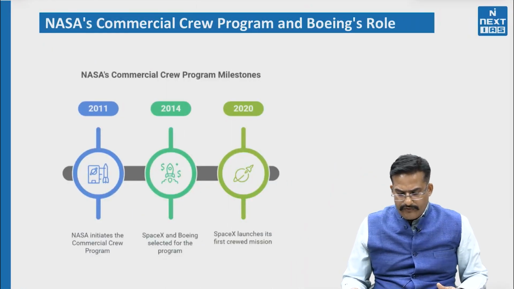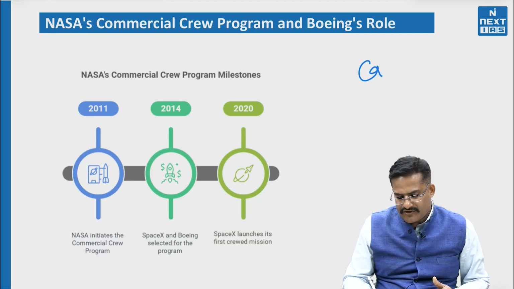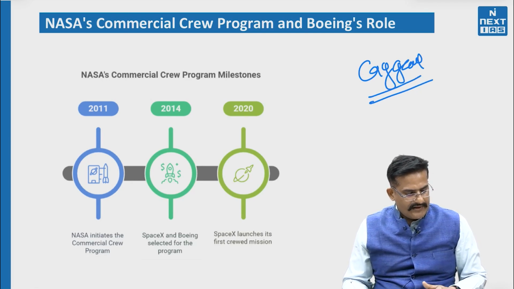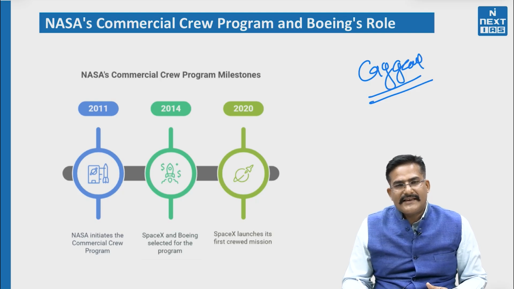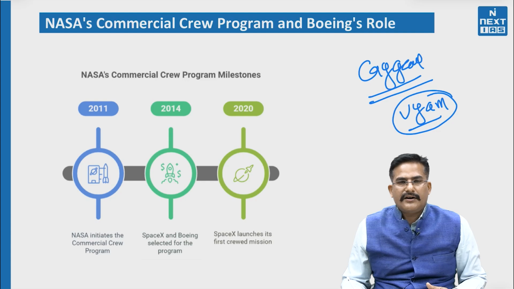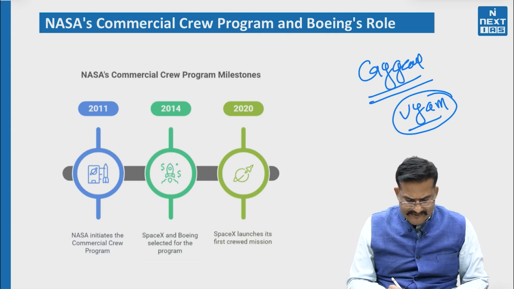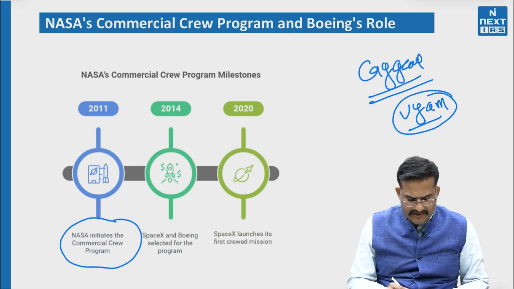Now when we talk about human spacecraft, you might be aware of India's famous Gaganyaan. We are also having one Gaganyaan. What is Gaganyaan? It will be India's first human spacecraft, and you might have heard about Vyomitra, which will be using a prototype, right? A doll-like structure will be tested first, so that we can avoid any human loss while doing such an experiment. A similar thing was done by NASA, and NASA started its commercial crew program in 2011,